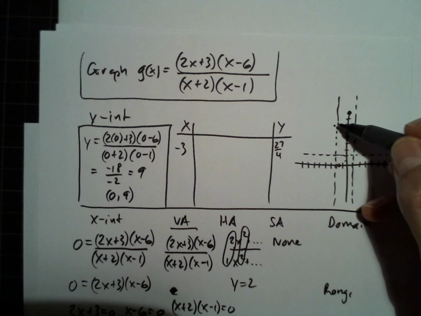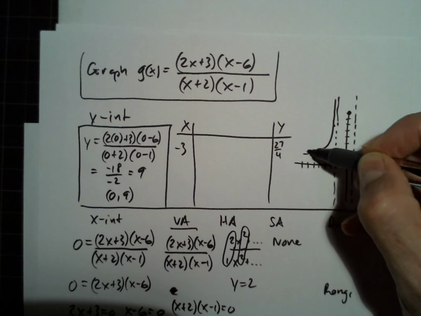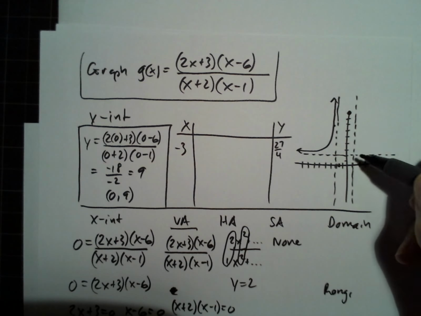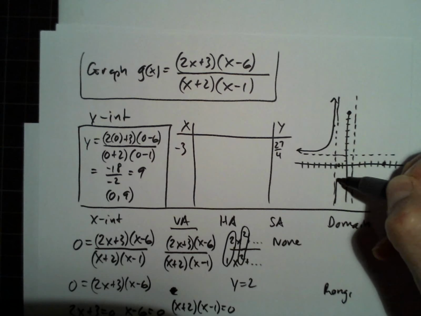If we checked some more points, we would see that the graph over on this side is going like that. And let's try in the middle. Looks like the graph is going through here,